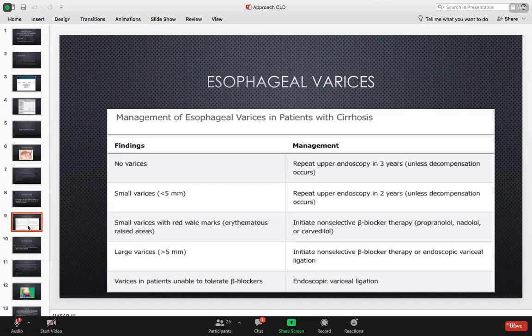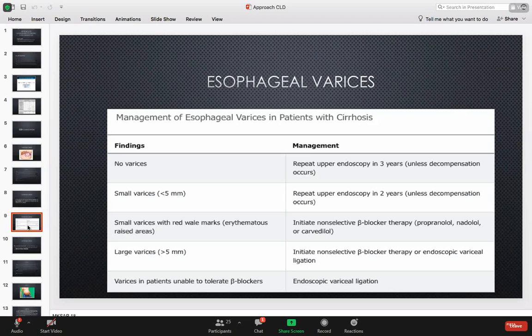When you see large varices, more than 5 millimeters, you have two options: whether to initiate non-selective beta blocker or to actually do ligation, okay? When you cannot tolerate beta blocker, you have to do the varices ligation. Resection of the esophagus is really not an option unless someone has ongoing bleeding and you cannot control it